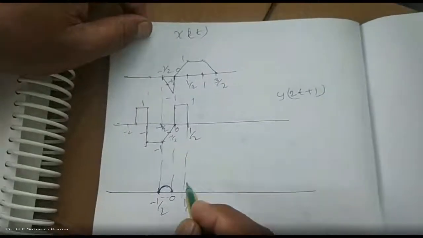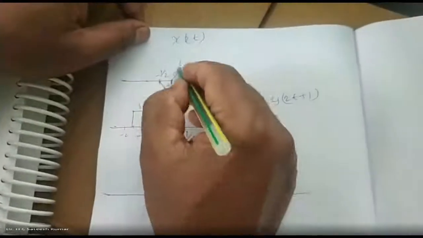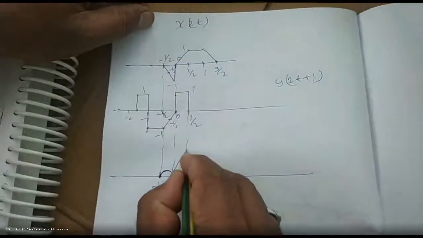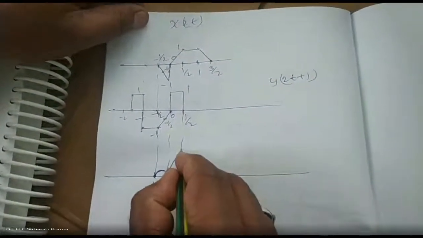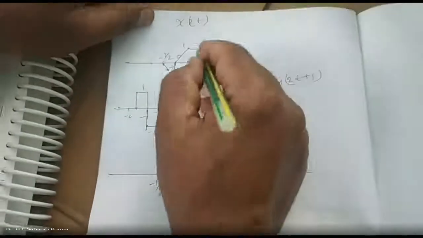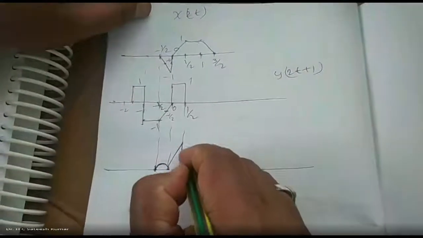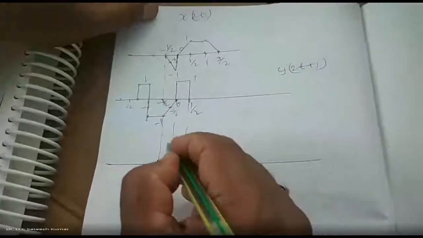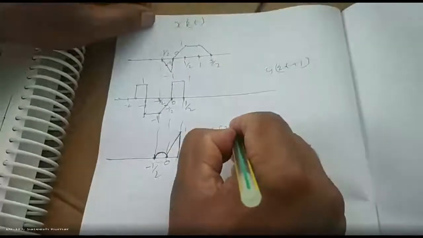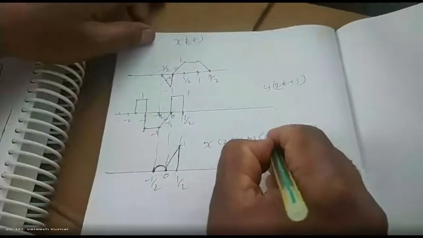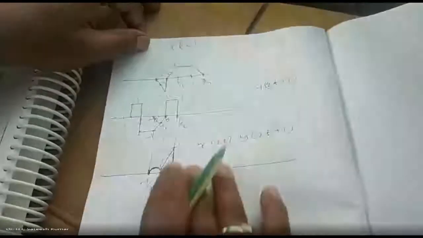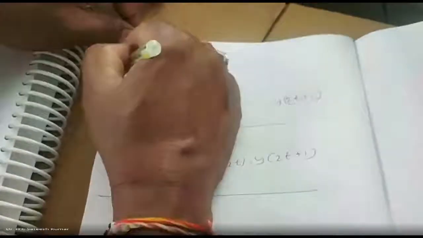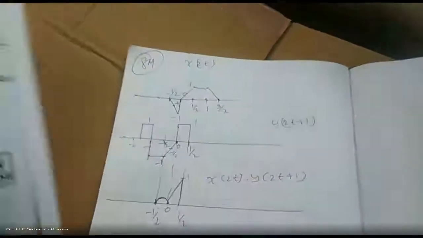That's it. Next, 1 into something is something. Something is increasing now, so therefore you are going to get this one. And afterwards, it becomes 0. Therefore, it has to come back to 0. Don't stop there itself. So that is your 1. And this is your x of 2t into y of 2t plus 1. Further, if you see 0, that's it. So this is an 8 marks question in the examination. You should do this kind of problem carefully, right?